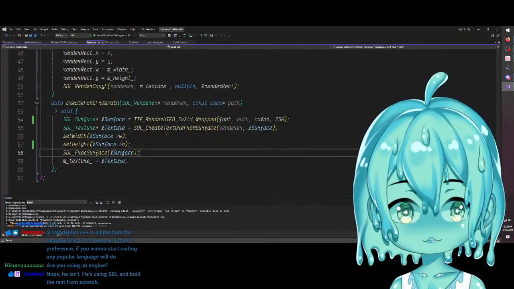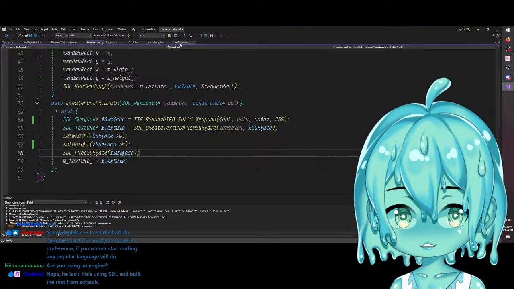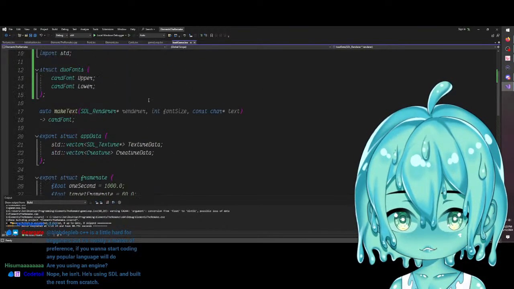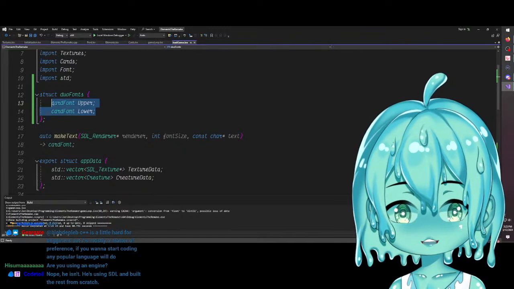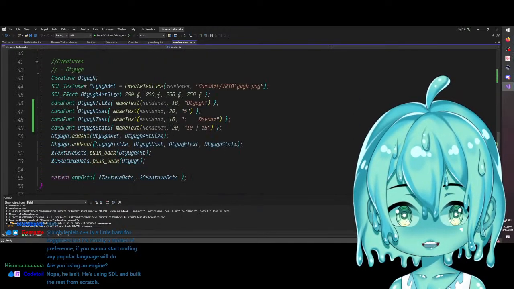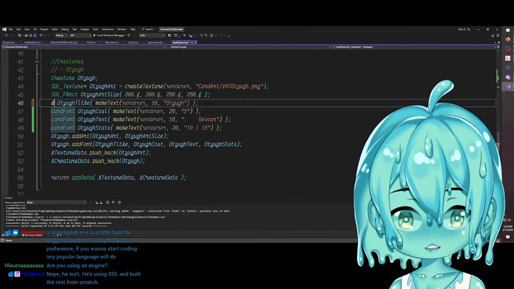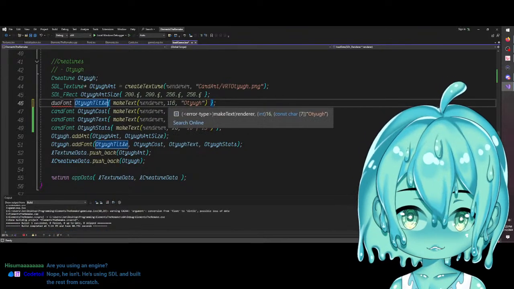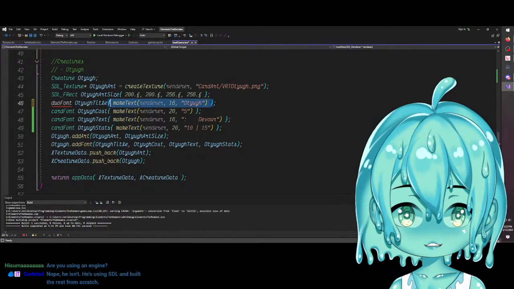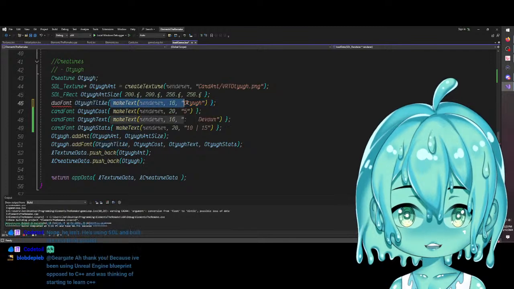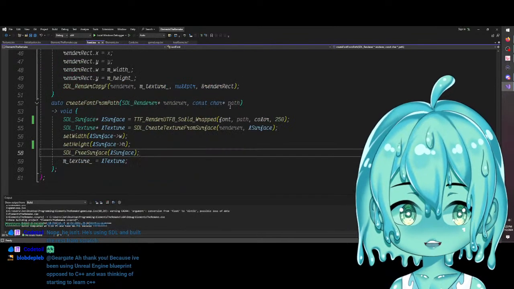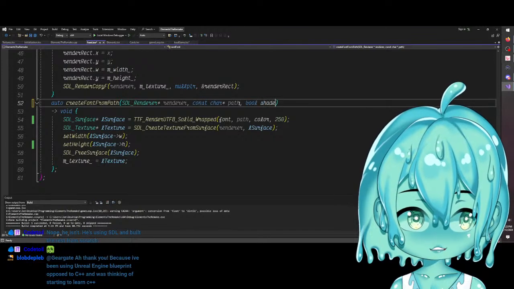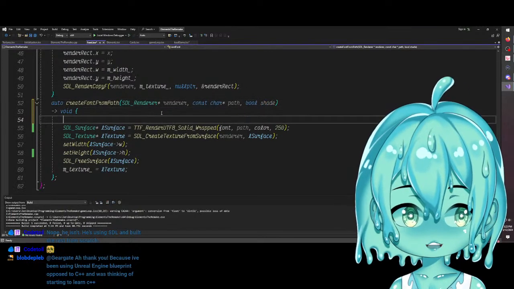Okay, now back to this. We do call this correctly, but I think what we have to do is now we have a card font upper, card font lower. So bear with me here. So we're gonna go duo font title is gonna be this. Hold on. This font thing, we're gonna go for a Boolean shade. If